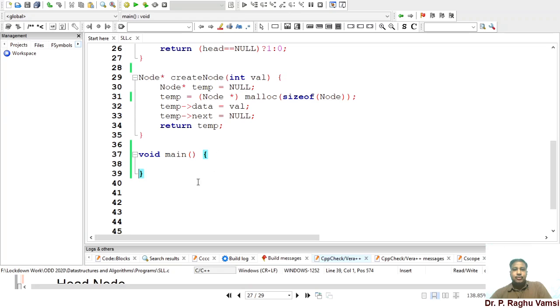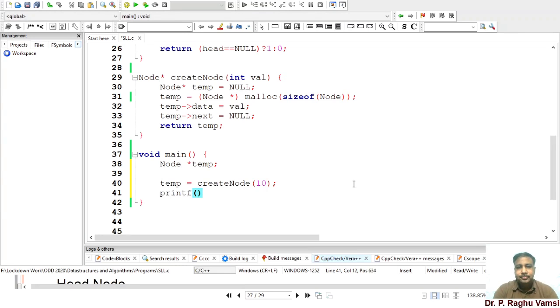So what I am going to do is NODE star temp, temp is equal to create node of some value. Printf %d comma temp arrow data.